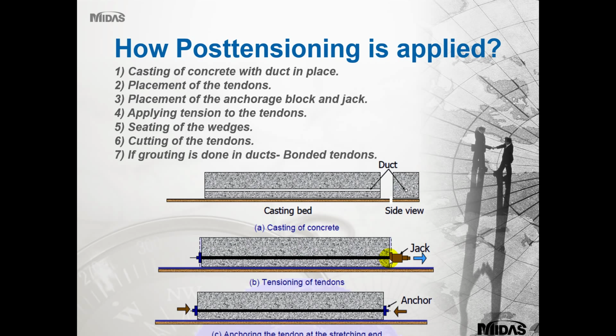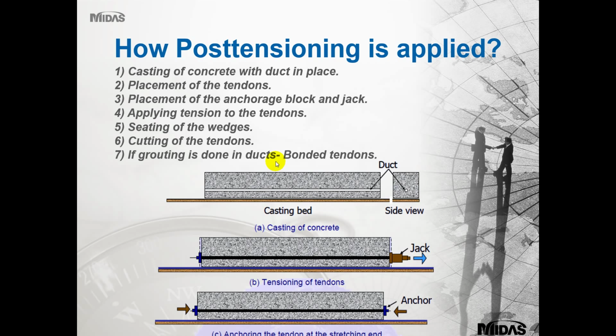What happens then is you can jack it. When I say jack, it means putting it in tension, which is actually acting against the concrete and putting that in compression. So you keep on jacking it. You can jack it on one end or both ends, and then you just cut the tendon at the edge. Once you've carried out the sealing and any grouting that's going to take place, you can cut the tendons, and then what will happen is,